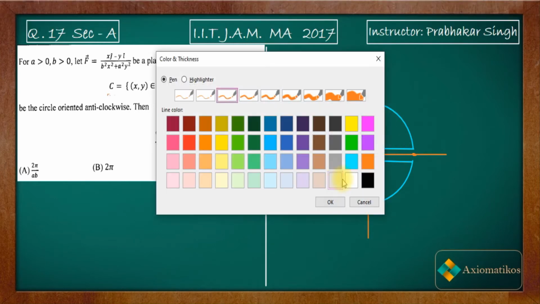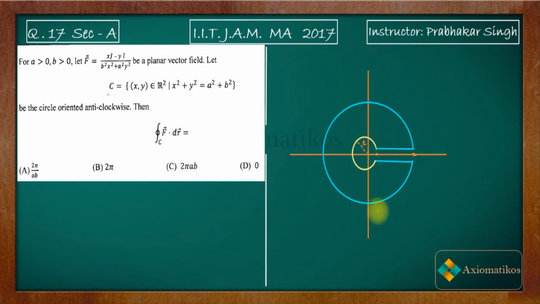Let us write the equation for it. So this was our original circle: x squared plus y squared is equal to (square root of a squared plus b squared) whole squared. So the outside circle is the original one. What I did, I drew a circle of epsilon radius like this. Now if epsilon goes to 0, what will happen? These two lines will merge with the x-axis. It means that we will get our original circle. Are you getting my point or not?